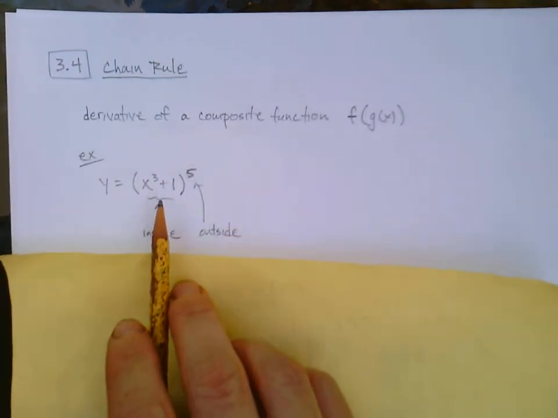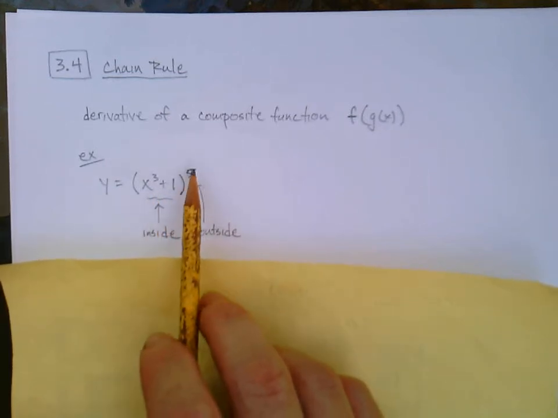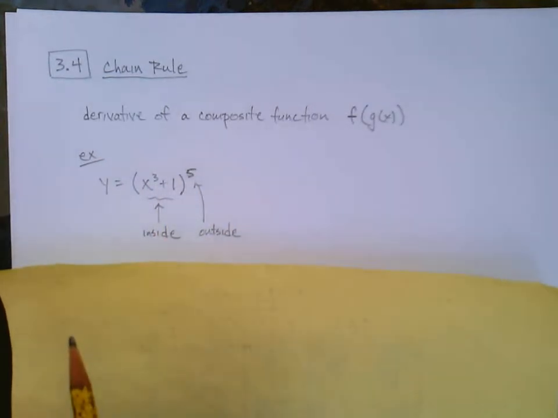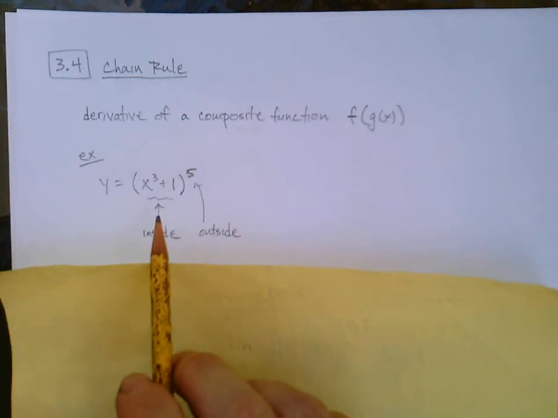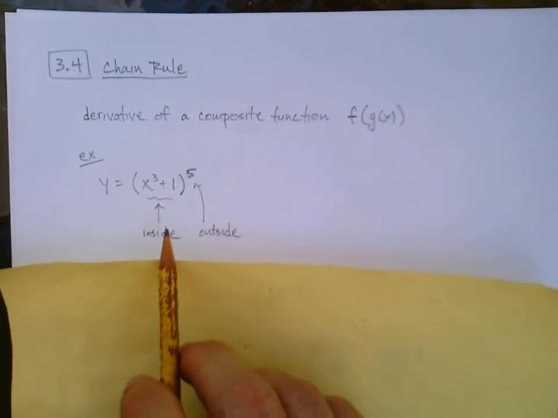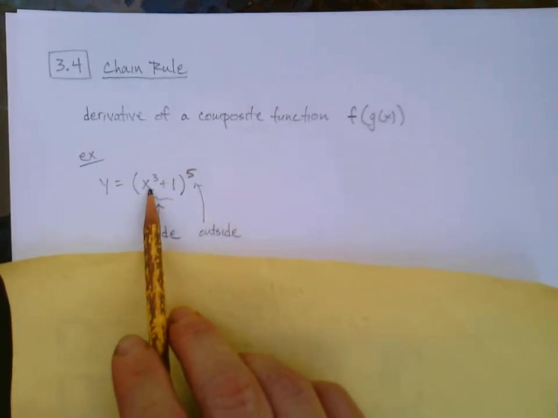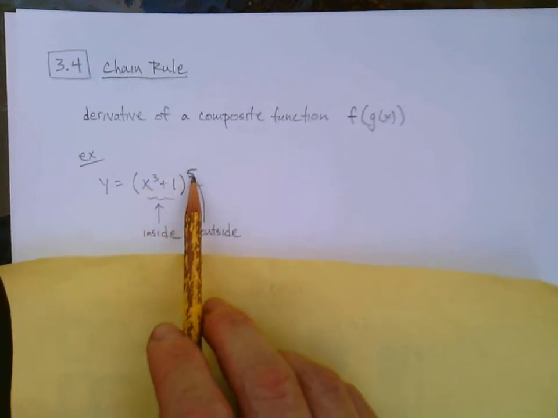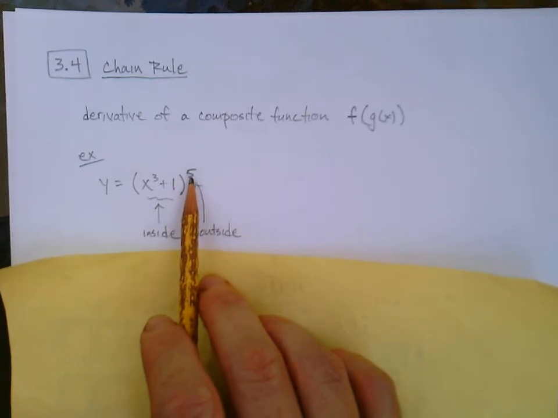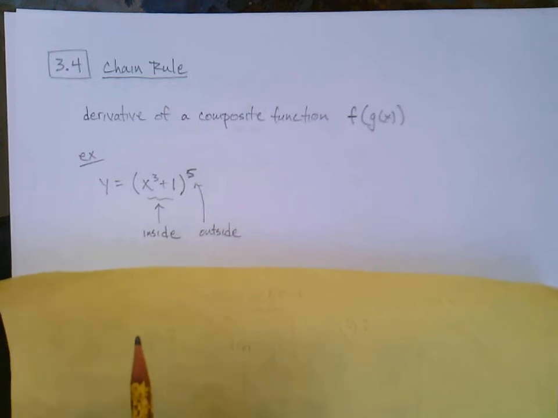And thinking about that, you might say to yourself, you know what? We actually don't need any new rule for that derivative. We could multiply this out 5 times, and we could combine like terms and it'd just be a big, long polynomial. Well, that's true, but we really want a much faster way to take the derivative of something like (x to the third plus 1) to the fifth. The fifth would be a pain to multiply out, but what if it was to the 50th power or something? Yeah, okay, we definitely want a faster approach,